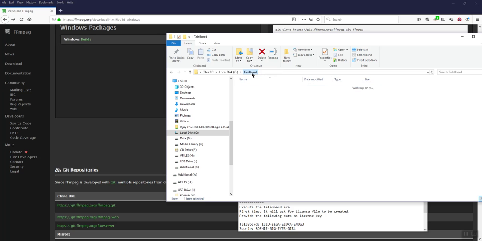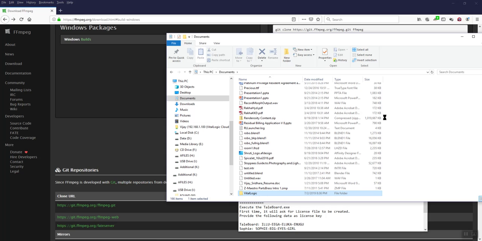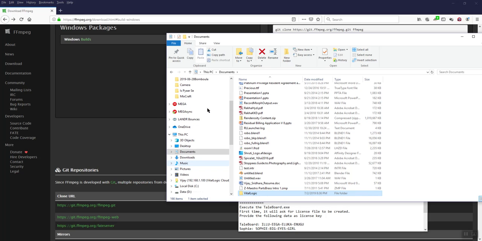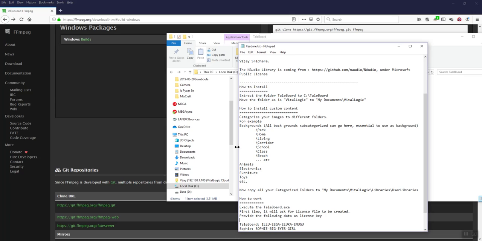So let's come back, and I have to move this folder. I move it by Control X and go to My Documents, and I just paste here, and it has come here. So let me go back. I execute the Taleboard exe right now. Before that, if you want to create a movie,